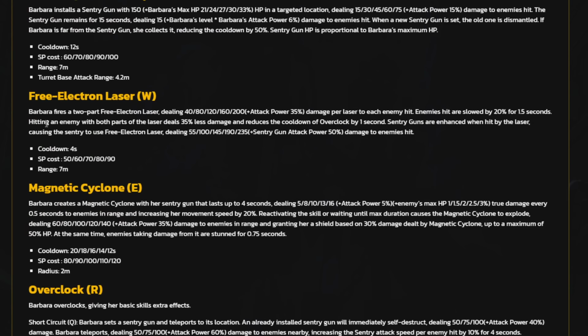Anyways, free electron laser, her W. Barbara fires a 2-part electron laser, dealing 40 up to 200, which is a pretty decent amount of damage, with a 35% ratio per laser to each enemy hit. Enemies hit are slowed by 20% for 1.5 seconds. That's a long time. Hitting an enemy, both parts of the laser deal 35% less damage and reduce the cooldown of overclock, which is her ultimate, by 1 second. Sentry guns are enhanced when hit by the laser, causing the sentry to use...